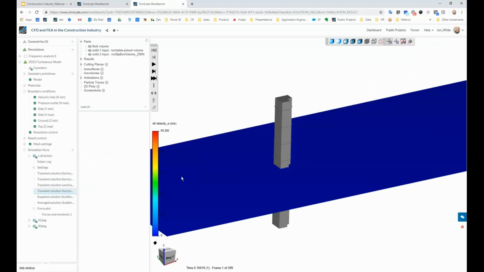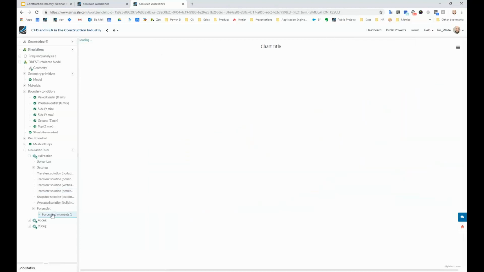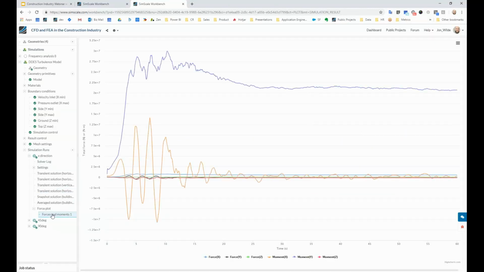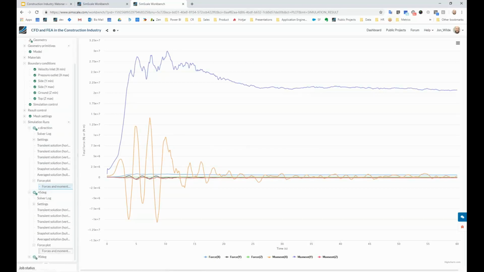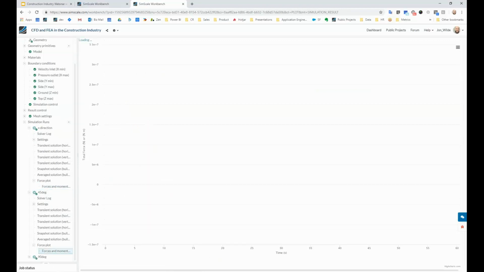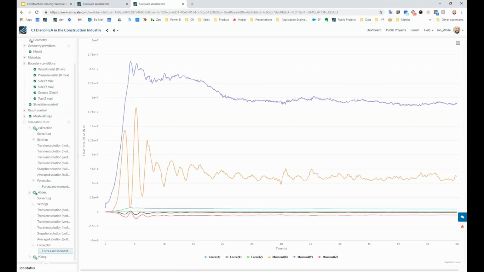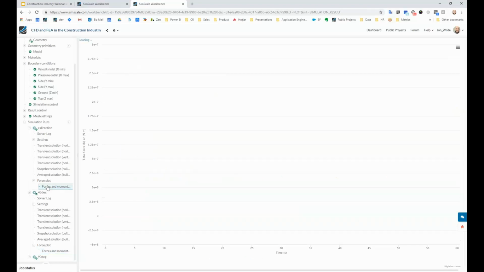If we dig into one of these results, we set up a few different things under the X direction. The most important thing we want to know before we take a look at what the image looks like are the forces and moments on the building. Under each direction there will be a plot. So we've got forces and moments in the X, and under 45 degrees we have the same. The graph will of course be different, but it's giving us the forces and moments for the 45 degree angle. If we go back to the X direction, which is the one we're looking at right now,